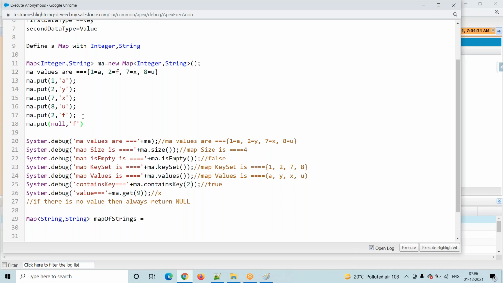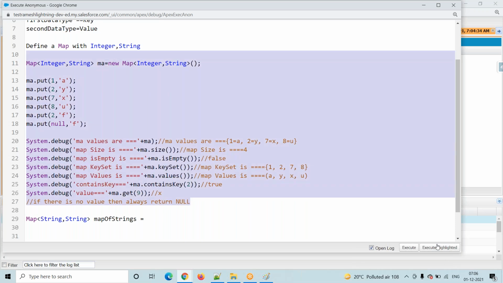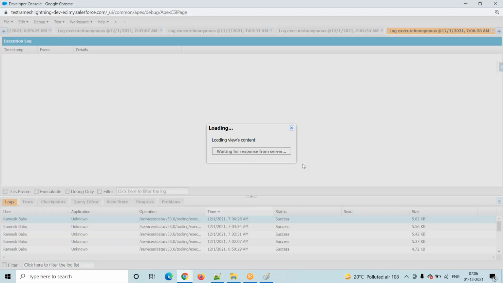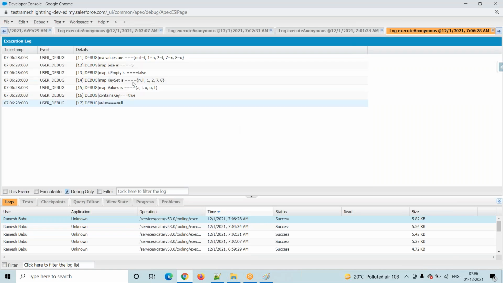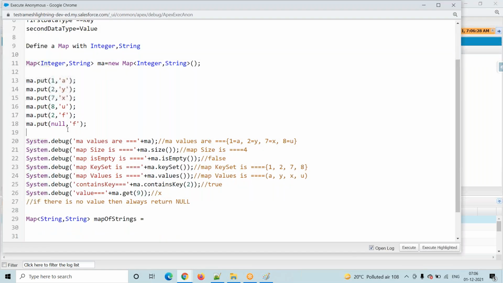We will verify whether it will execute or not. Sometimes they ask whether null keys are accepted or not. Execute highlighted. Go to debug only, and see, null keys are accepted, right?